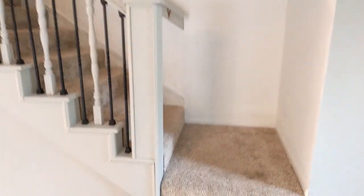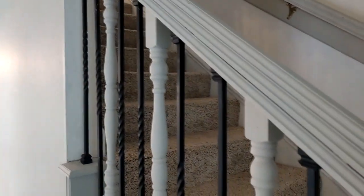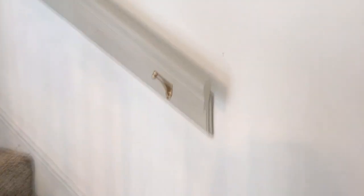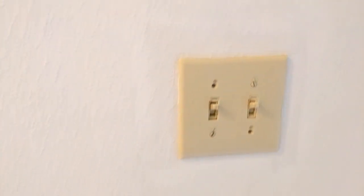Okay, so to your left, off of the living room, is the stairwell. I do like the detail in the ballasts. That's a nice touch. This side looks like it's been replaced. And then we get into the carpet. The carpet is not horrible, but just the trim work. But yeah, even the walls in the stairwell, if you buy this home, you're definitely going to go through a lot of paint. That is the thing that has stood out to me about this home. Even here, I don't know if you can see that around the